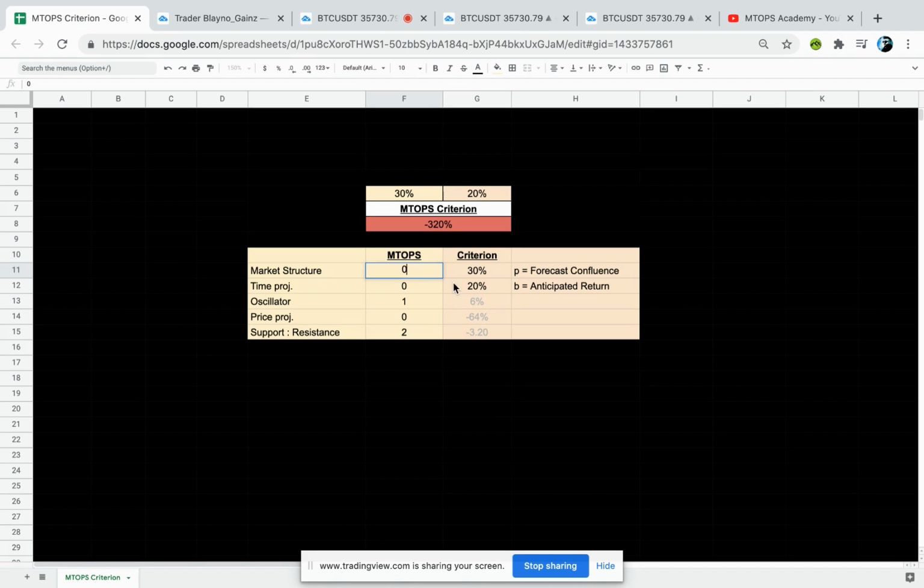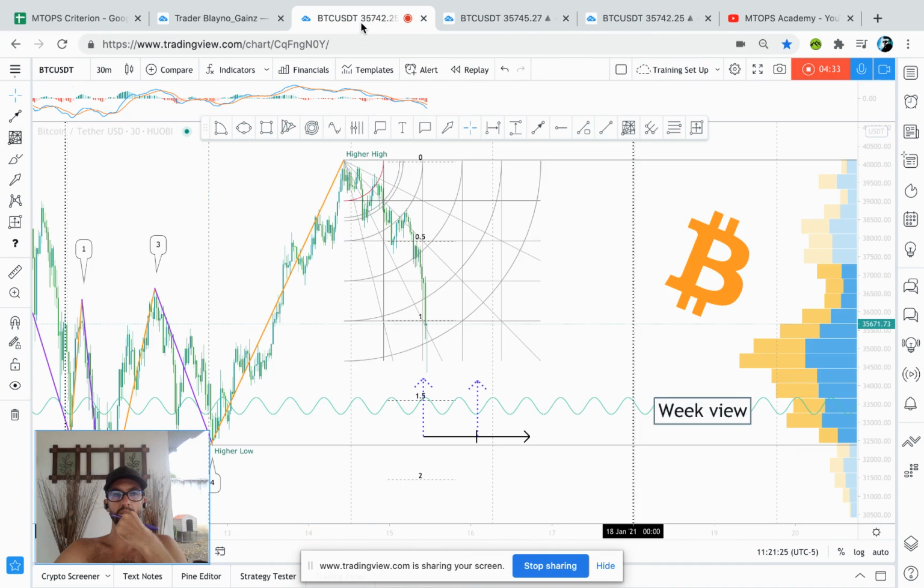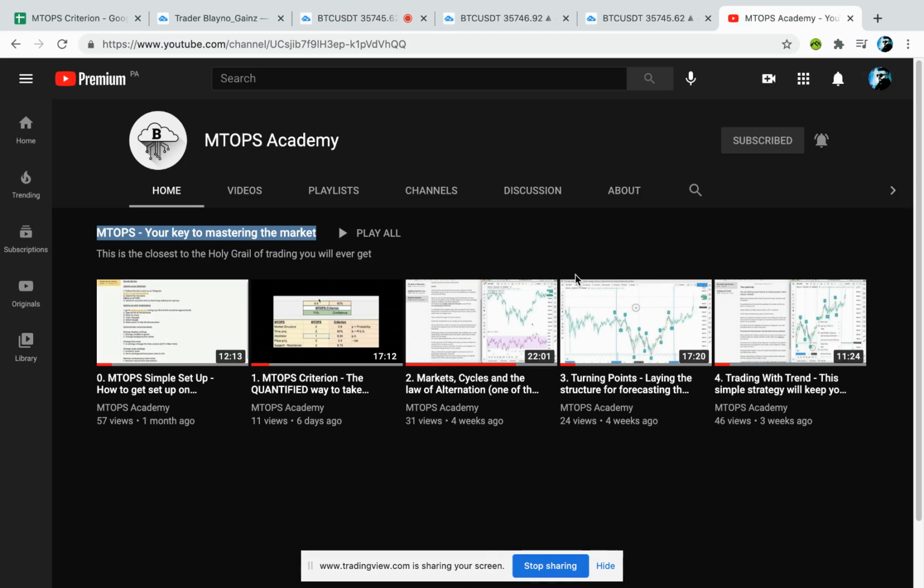A fat 0. 0 means no, 1 means unsure or need further confirmation, and 2 means yes. So from a market perspective, do you think we've got permission to get in now? Absolutely not. And if you don't know why, you should be watching my tutorial videos over here in terms of